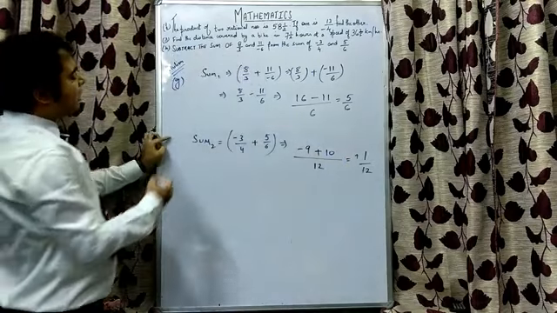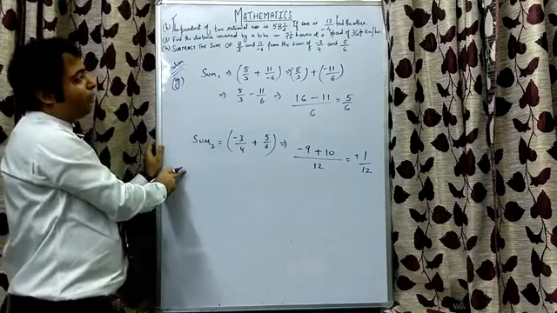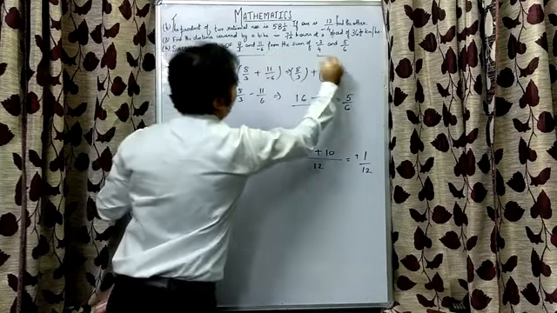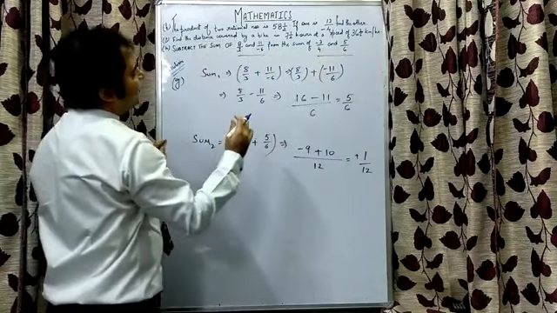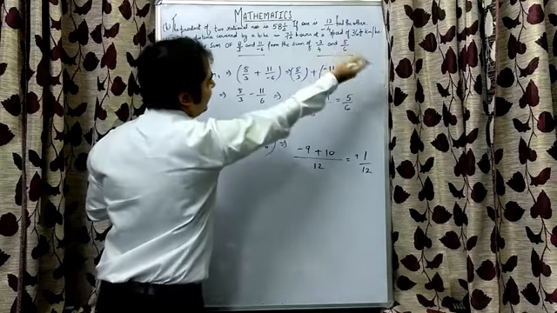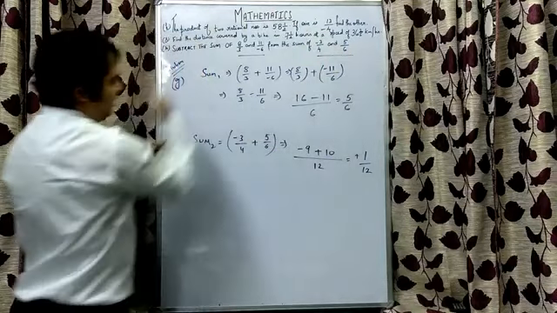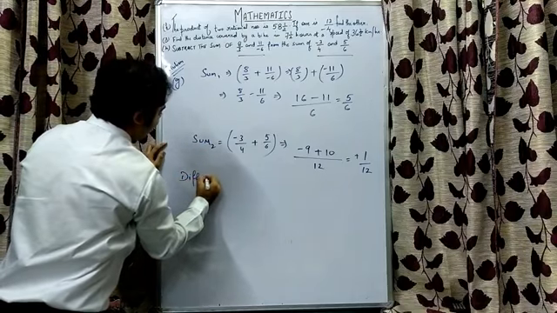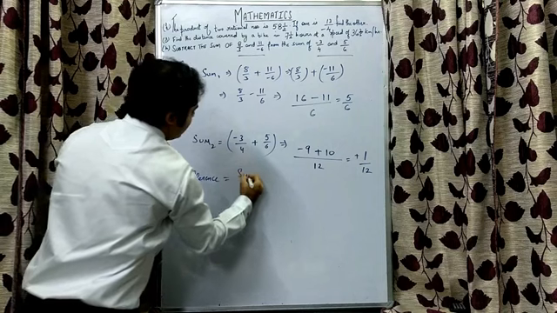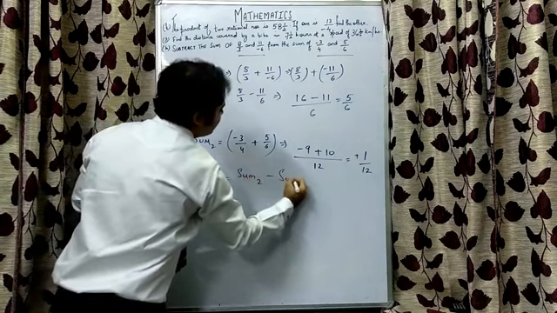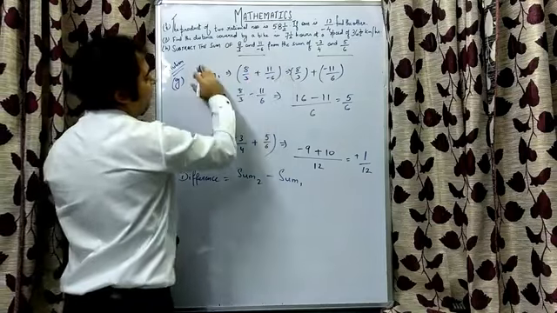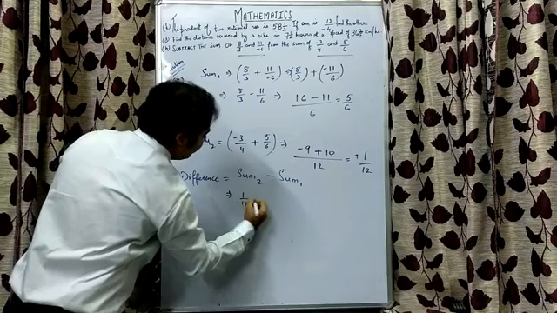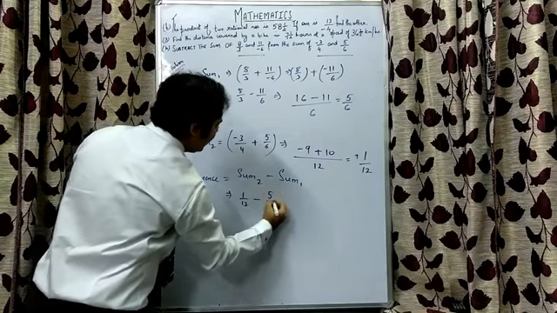Right? Now we have got the value of sum 1 and sum 2, both. The question says subtract the sum of this from sum of this. That means whatever is given after from, this entire term is given after from, it will come first. Right? That means difference will be sum 2 minus sum 1. And whatever is given before from will come afterwards. That is 1 by 12 minus 5 by 6.